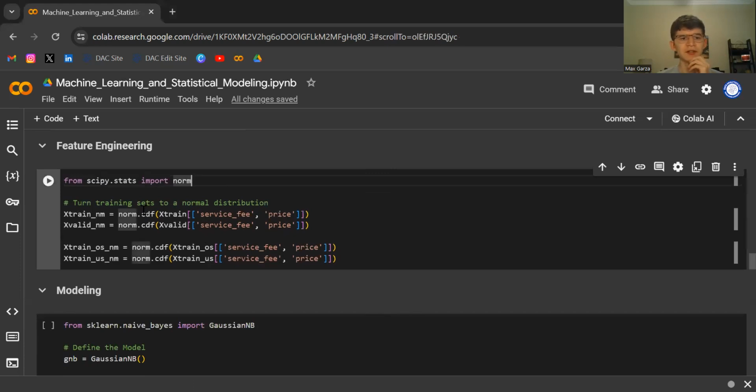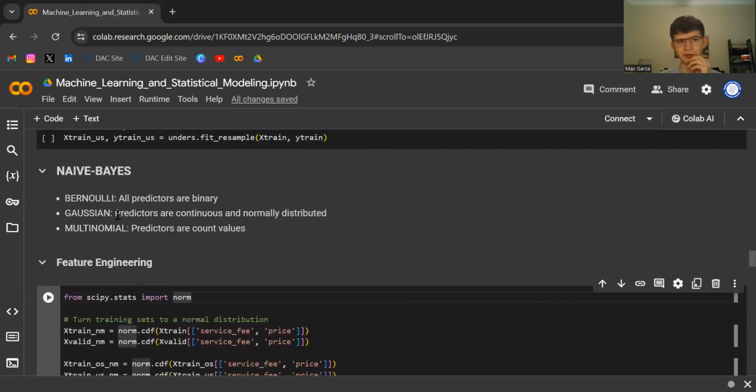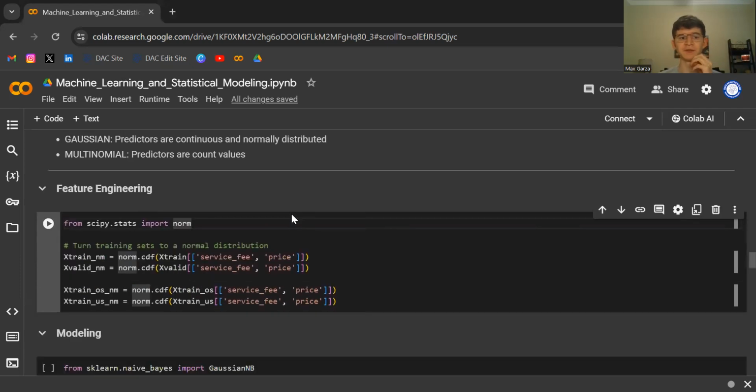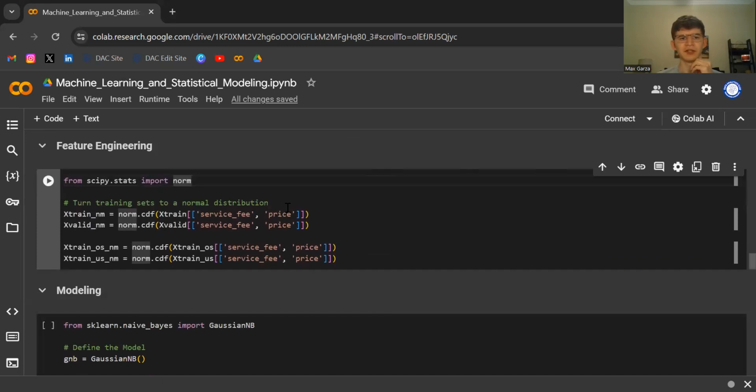Right. Here, because I'm going to be using the Gaussian one, I need to make sure that my data is both continuous and normally distributed. So here, I'm saying, hey, make me a normalized form of X-train using X-train looking at our two continuous predictors, those being service fee and price. And I'm doing the same thing with the validation data and also the oversampled and undersampled forms of the training